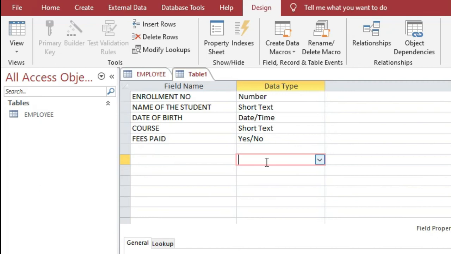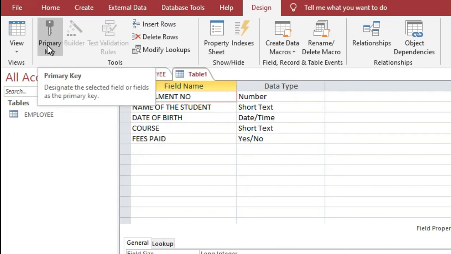Now to define a field as a primary key in the table, at first click on the enrollment number field name, and then click on the design tab, here already selected, then click on the primary key button. Here is the primary key.